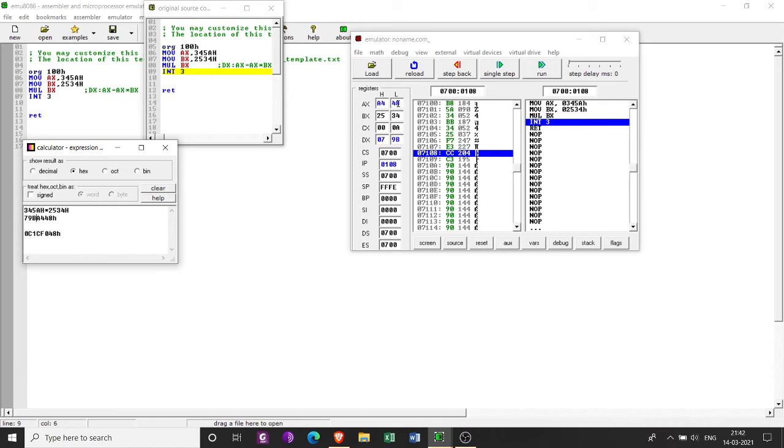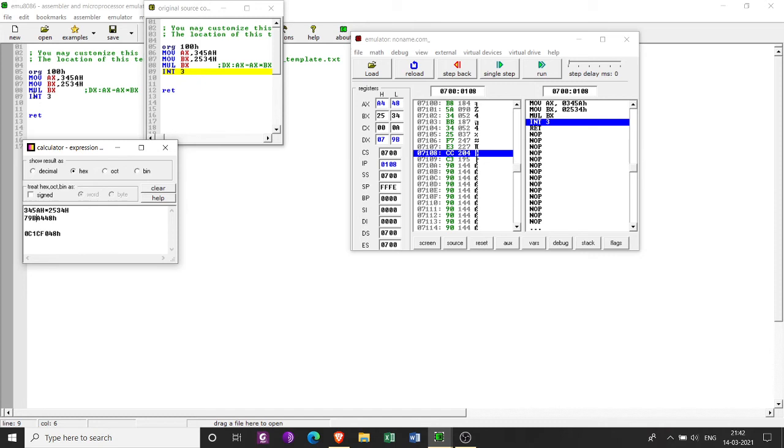A448 will be in the AX register. 1 2 3 4 digits, totally 16 bits. So the lower 16 bits will be in AX and 79B. Only 3 digits are there, so your higher 4 bits can be considered as 0. So 079B will be the result, that will be in DX.